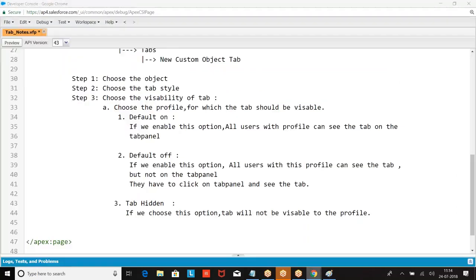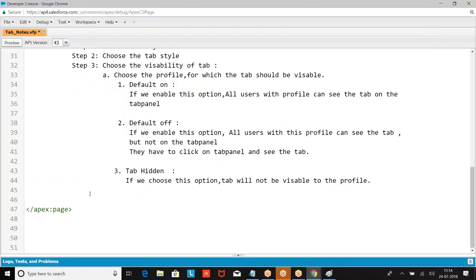So what is the third step involved? Choose the tabs. Choose the applications in which the tab should be visible.